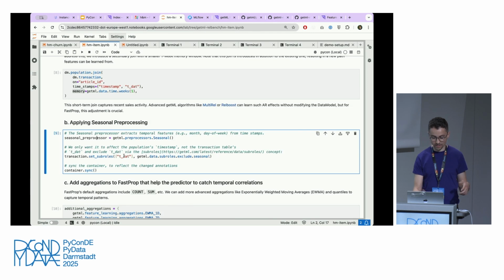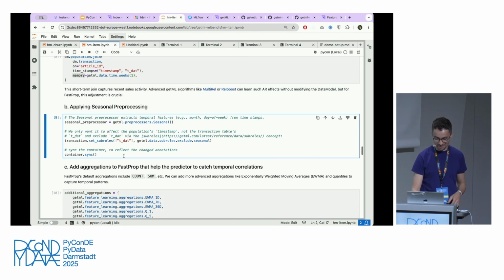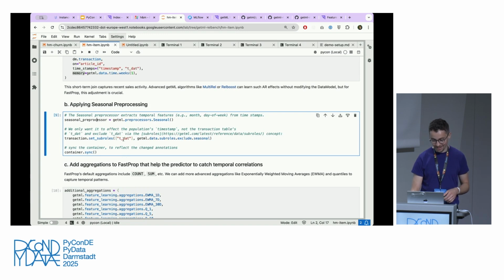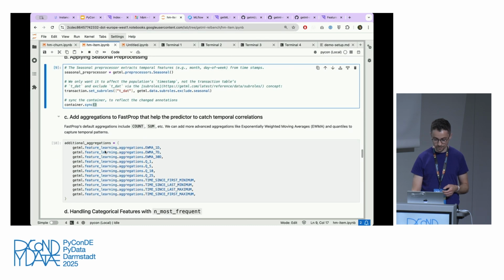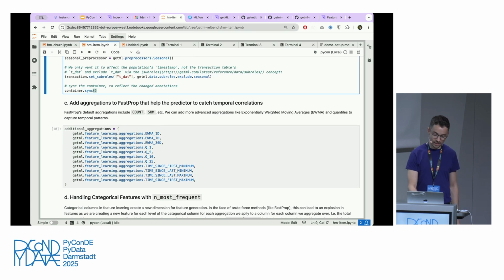Then again, because of memory and things that you will discover when you run this notebook yourself, we exclude the seasonal preprocessor on a column where it doesn't make sense. Then we need to sync the container again, so that we don't get a warning that data was changed after the creation. And then at the end, a very important element is adding more aggregations that FastProp is